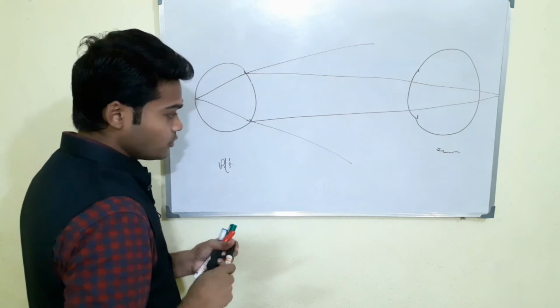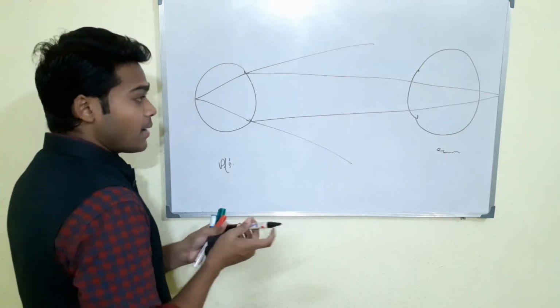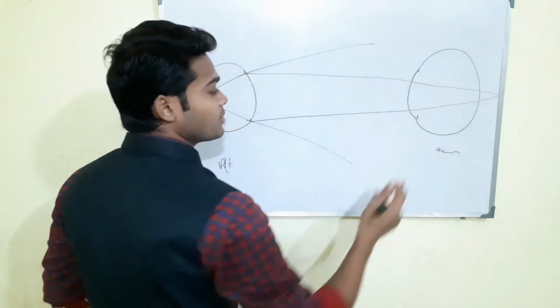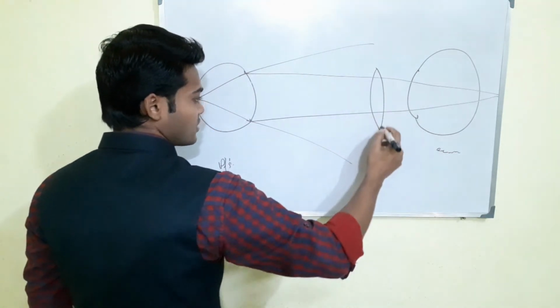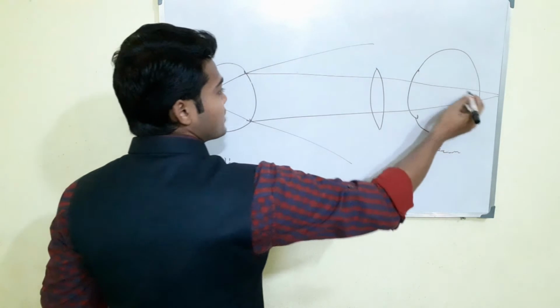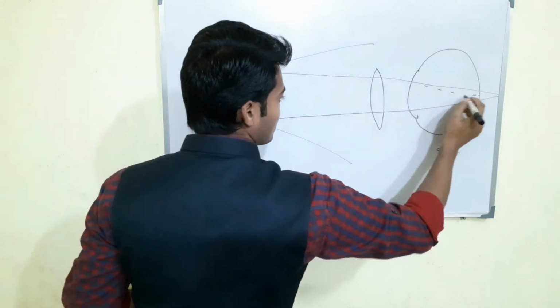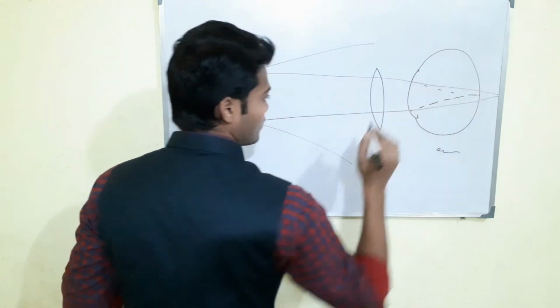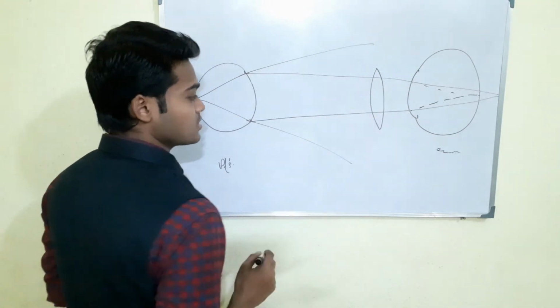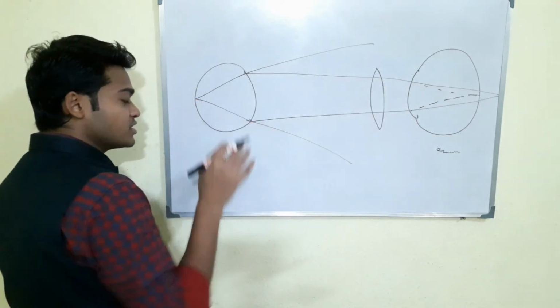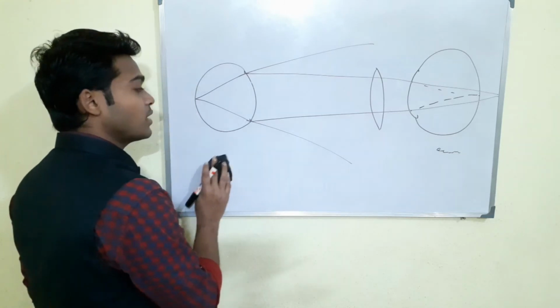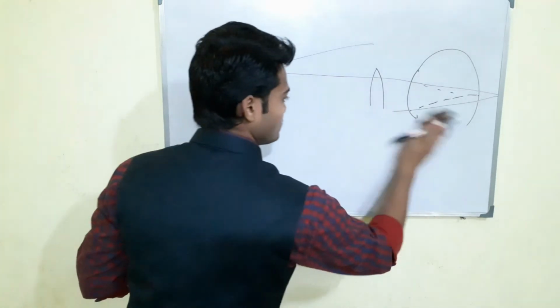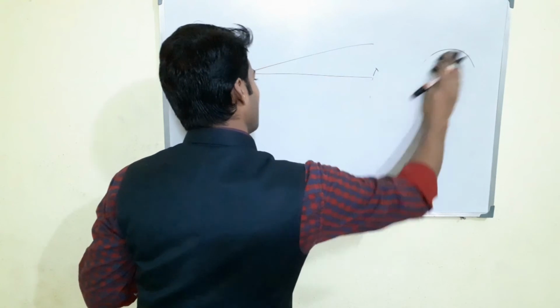What we have to do as a practitioner, we have to shift this ray onto the examiner's retina. Then we change the plus lens, right, and shift this ray into the eye, right, using a plus lens. Suppose this eye is hyperopic, sorry, this is hyperopic; if suppose this eye is myopic, then what will happen? If this eye is myopic,